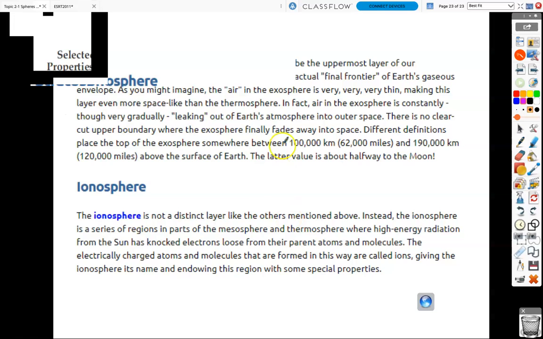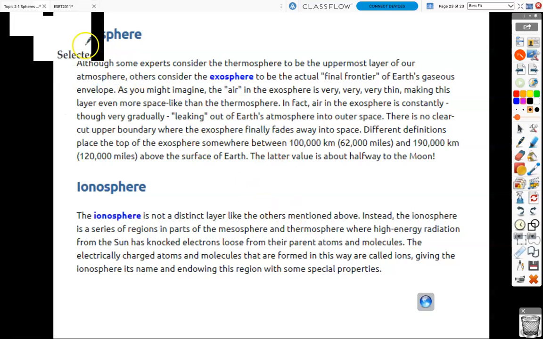And then again, these two layers wouldn't worry so much about. You have what's called the Exosphere, and you have the Ionosphere. It says, although some experts consider the thermosphere to be the upper layer of our atmosphere, others consider the Exosphere to be the actual final frontier. As you might imagine, the air in the exosphere is very, very, very thin, making this layer even more space-like